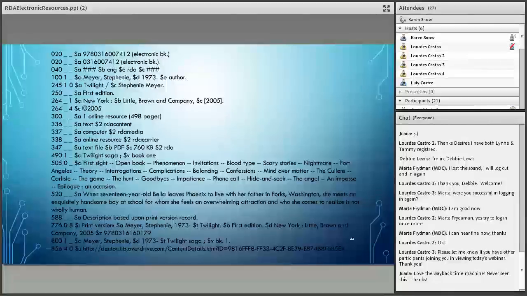This is a little bit different. This is an ebook that I actually included in that packet I gave you guys at the workshop, the different Twilight items, and I think I adjusted it a little bit here. In fact, I don't even remember if I put the 347 in. I may have, but it's not exactly this. But here's all the information we've already talked about today, as well as the various other information that you can include in the ebook record.